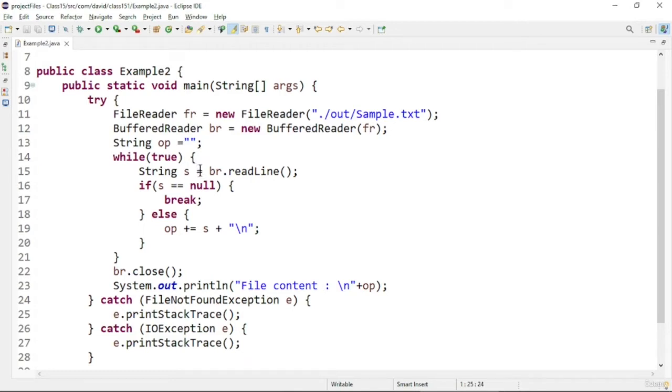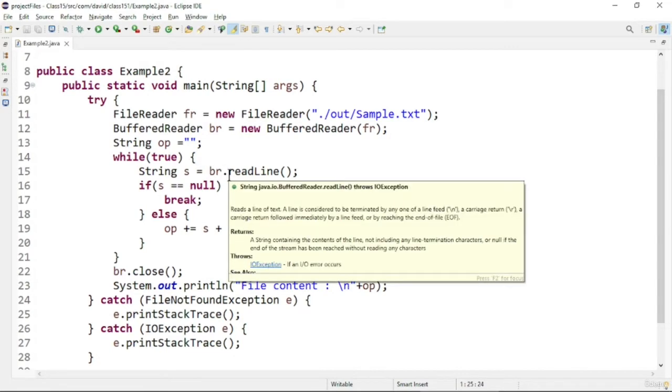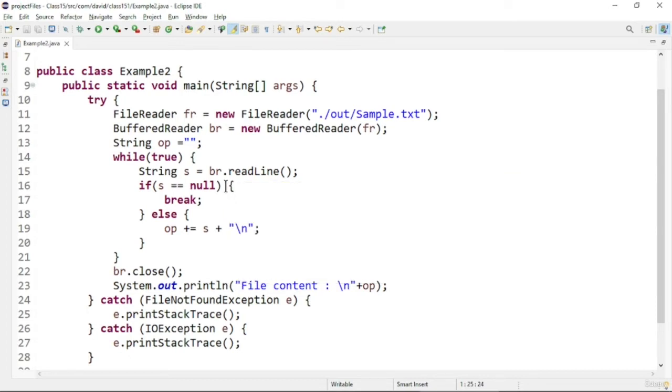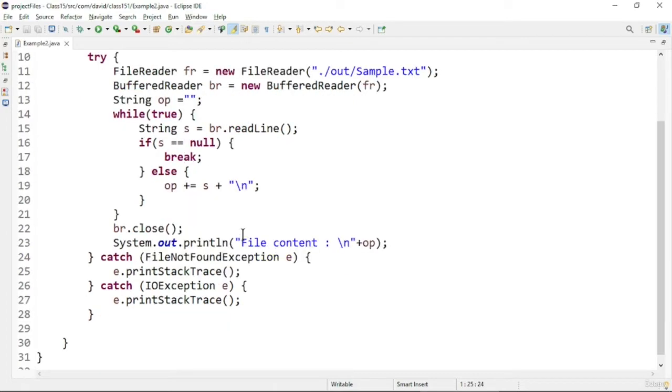In the while loop, I need to get each line one by one. So I check whether the current line is null or not. If it is null, then I break out of the loop, else I append the particular value to the string. Like that I continue adding the values till all the lines have been copied correctly into the string, and finally I print the string.